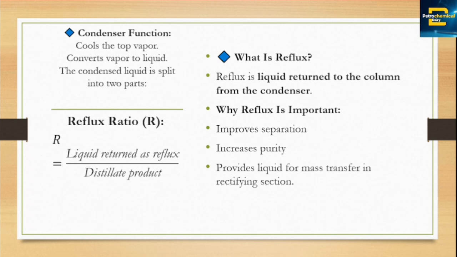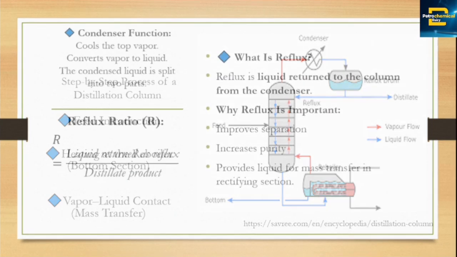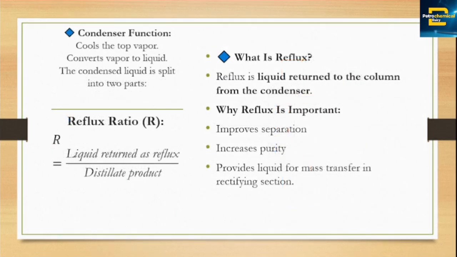The liquid that comes from the condenser is split into two and returned to the column. That is our reflux. And our reflux has a formula, which equals liquid returned as reflux over distillation